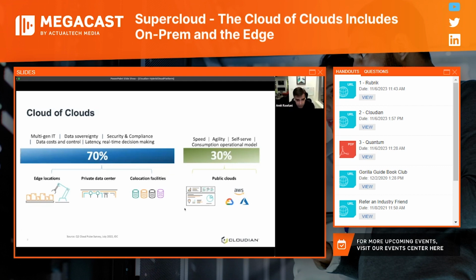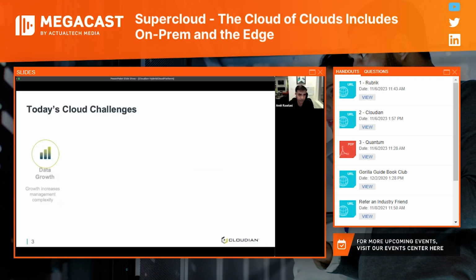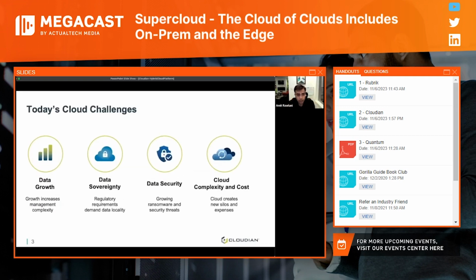What this comes down to is that the world is truly hybrid, and therefore our cloud technology is and always will be hybrid. So that's what we're here to talk about today. It is a hybrid world. And even from a cloud perspective, it is the hybrid cloud. That's the cloud of clouds. So let's get into what our customers are telling us about how they are actually using a hybrid cloud setup, and what some of the challenges are that they face in the data management aspects of running their own cloud.